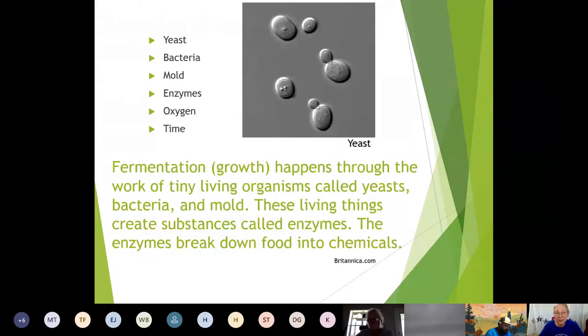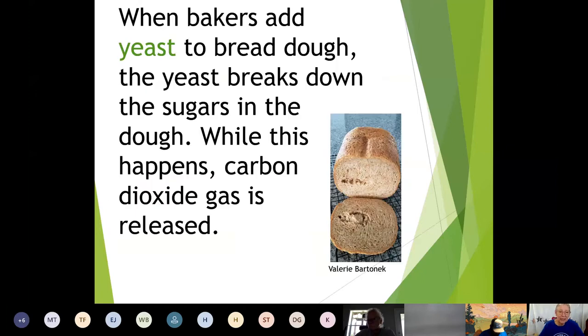All right, yeast. Everybody knows about yeast, right? We need it for our bread to make it taste really good. It causes fermentation, and it happens through the work of these tiny little organisms called yeast. Along with bacteria and mold, they put out a gas. They create an enzyme that puts out a gas that breaks down into chemicals, and that gas is what makes